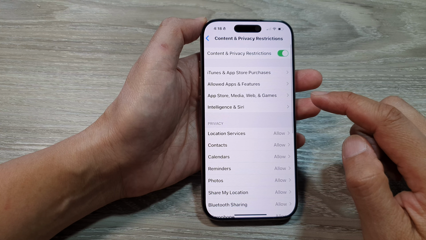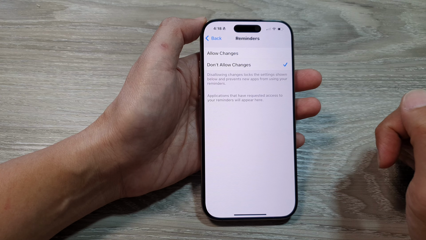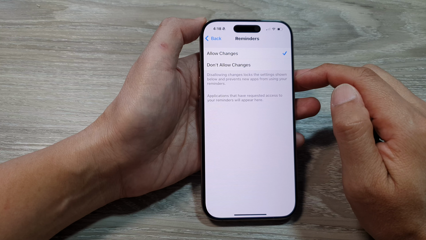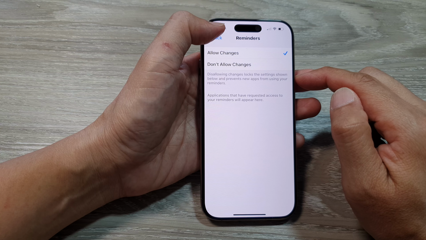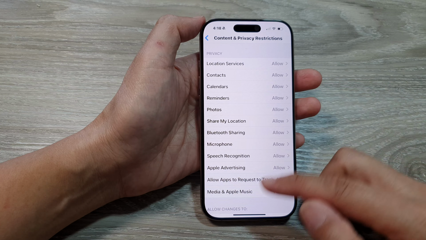Now in here, you can choose Allow Changes or Don't Allow Changes. When you make a change, you need to enter the screen time passcode. And that's it. After that, you can tap on the back key or you can swipe up to return back